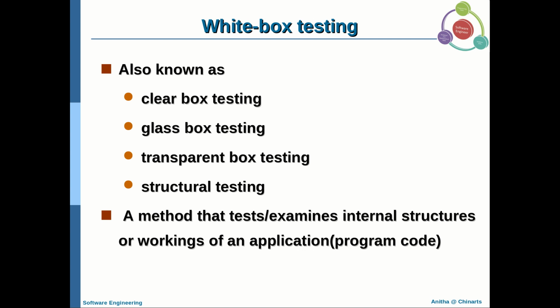Or say for example, you may be having lots of branches in your program. You branch from the true part, you will be branching to one block of the statement, and for the false case you may be focusing on the false block. So there may be more than one branching available in your program. So when you branch from one statement to another statement, the execution flow will be altered. So how it functions, whether the structure of the program is correct or not, will also be tested.